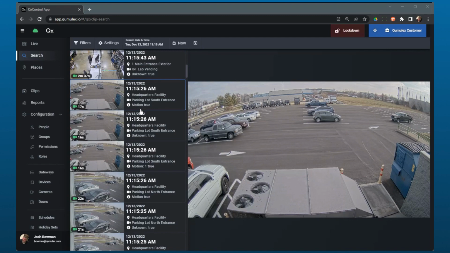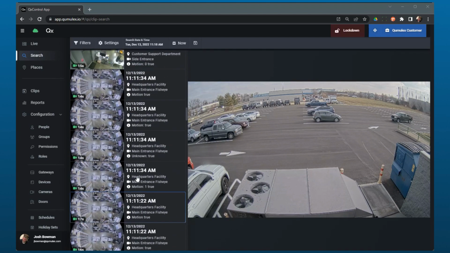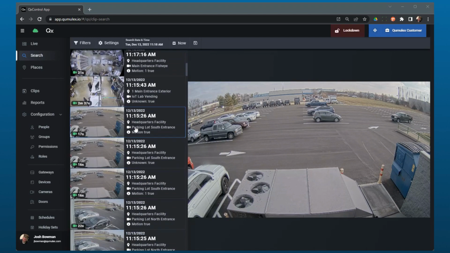First of all, you're going to see a YouTube-inspired scroll of available video clips, and we can manually scroll through here just like I'm doing, and we can see what is available. We can also filter and search. So let's go through some of these options, and then we'll go through what you can do with the actual